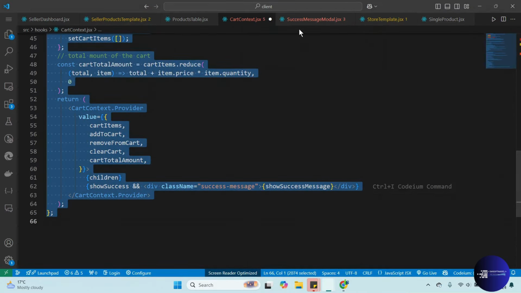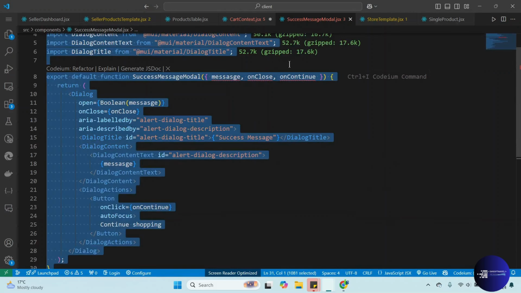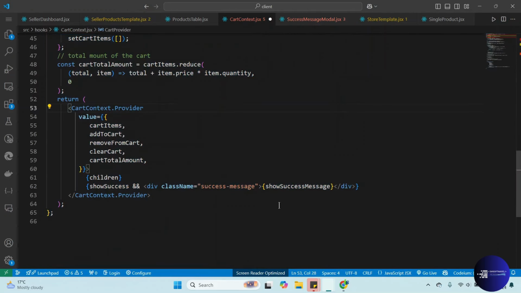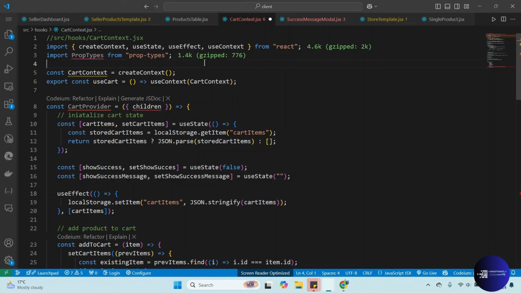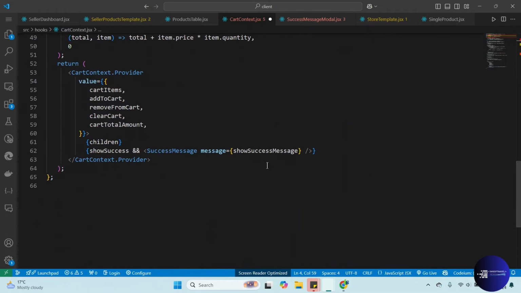So now we want to pass our model. Instead of having this, we're going to get rid of it from here. Where is the div starting from? Okay, this div here, I'm just going to remove it. And then we want to pass our success model, but we need to import it first. Import success model from component. And then we pass the message, and then we pass